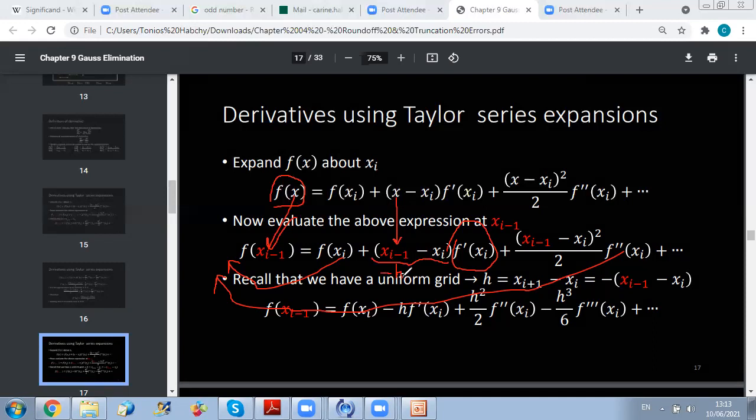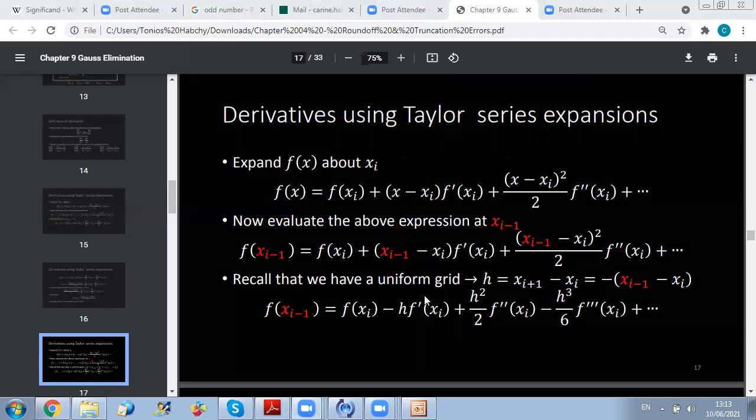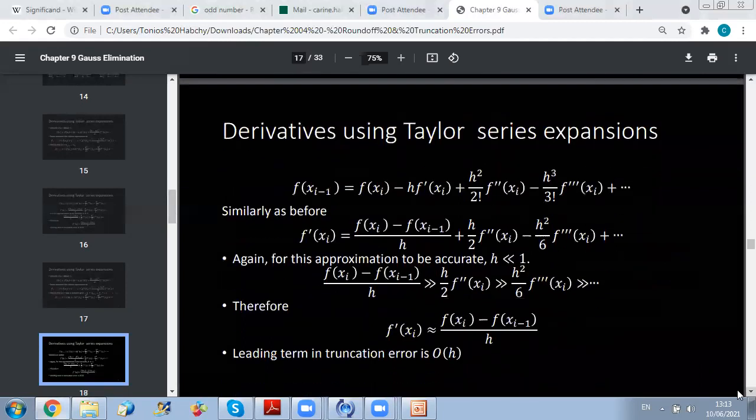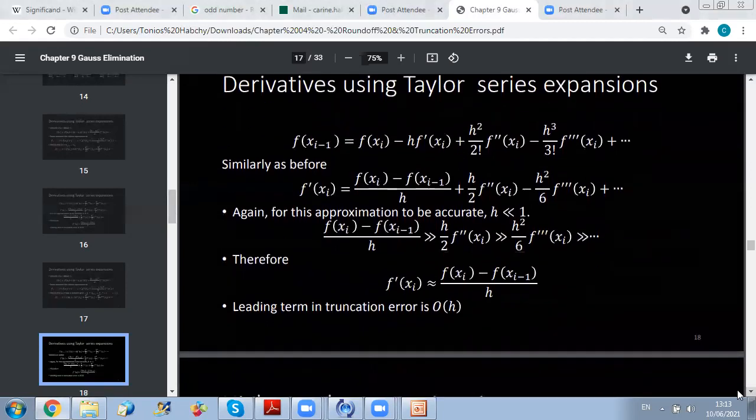Okay, and then what I will get now, I will get an expression for f prime by rearranging my terms. I will get the following expression. Using exactly the same approach, I can come up with f prime(xi) as a function of